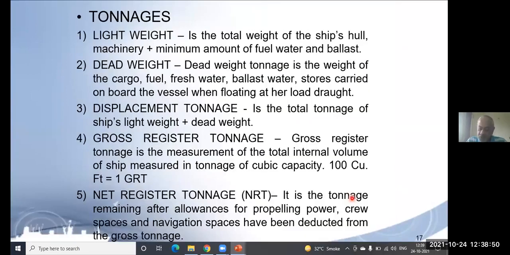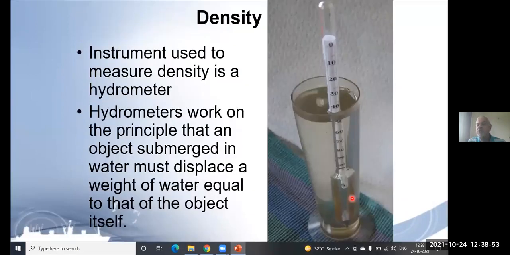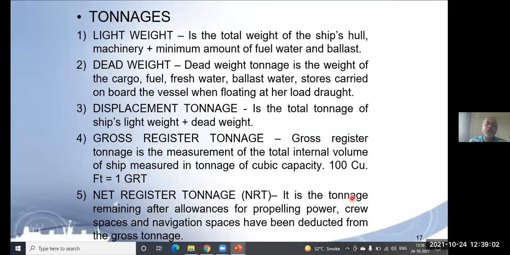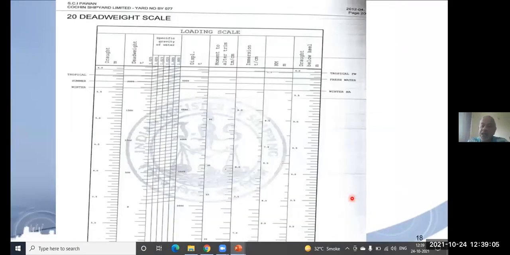Now, when we say capacity of ship, the shipbuilder provides something called a deadweight scale. He will give you draft, and against draft, how much is the displacement, how much is the weight of the ship, and that you convert to freshwater, and do the correction for density and all that. And then you get how much total weight there is of the ship, with which you can calculate the cargo, how much the ship is carrying.